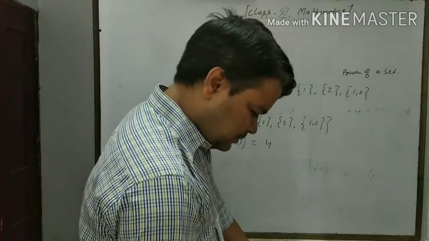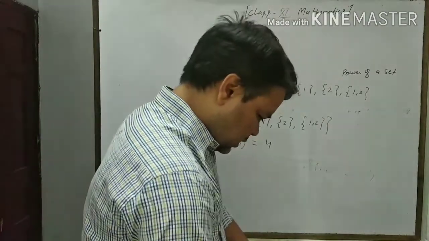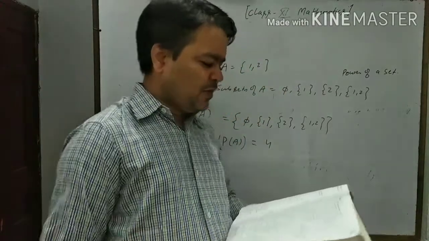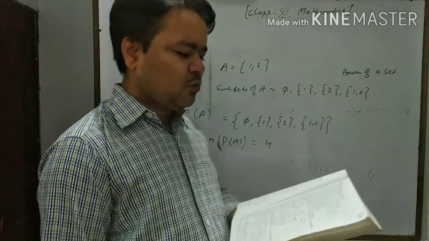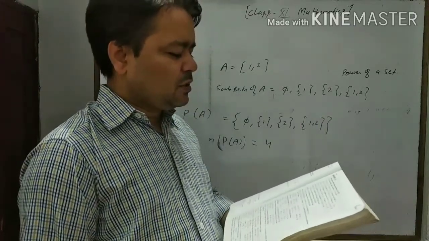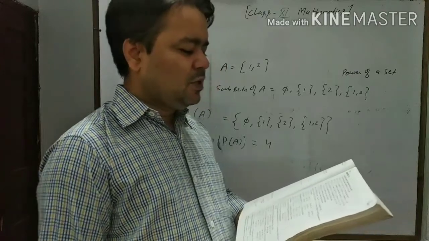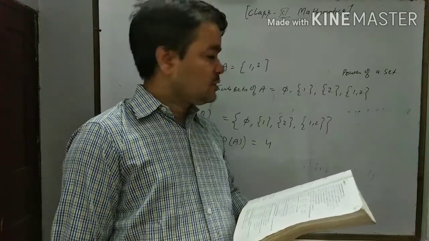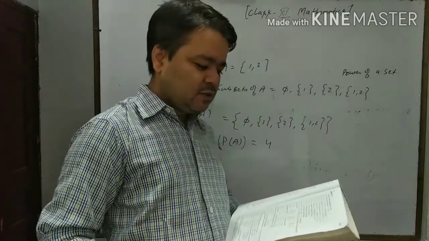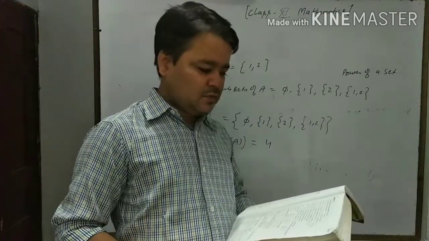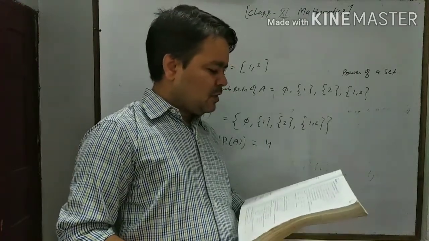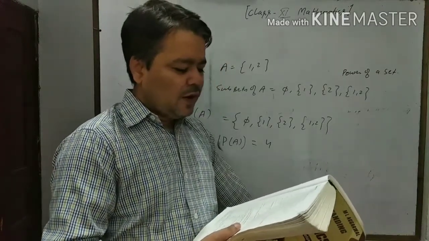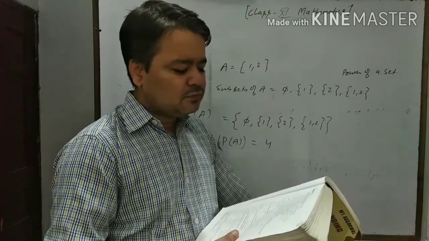Okay, so here let us see the exercise 1.2. Exercise 1.2 is a very short answer type question, question number 1 to 14. In the following, state whether A is equal to B or not. It means here we should decide whether the given sets are equivalent sets, or equal sets, or not. Just like here, given A = {x such that x + 2 = 3}, and B = {x such that x belongs to N and x is less than 2}.